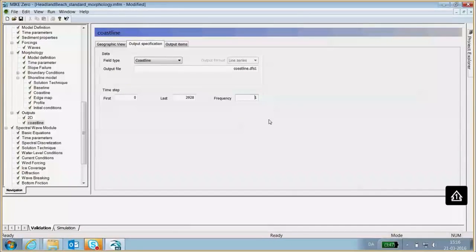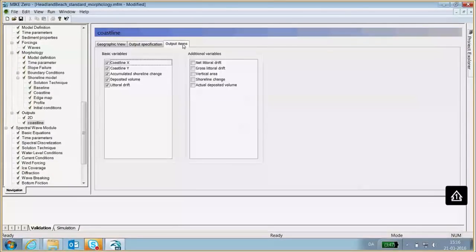This is a DFS1 file, and I usually just select all of these output items. It doesn't take up that much space because it's a DFS1 file, and it can be nice to see some of these results, especially if there are issues or if we don't understand some things. It's good to have all these so we can go in and check different things.